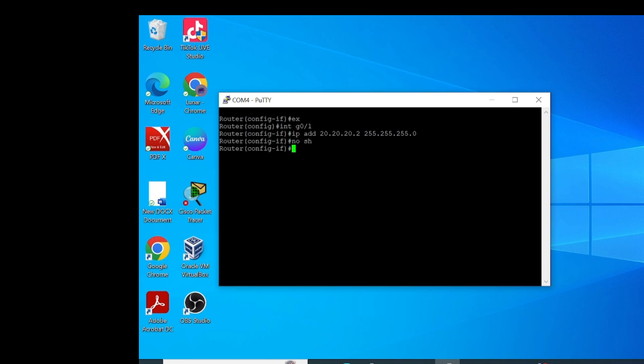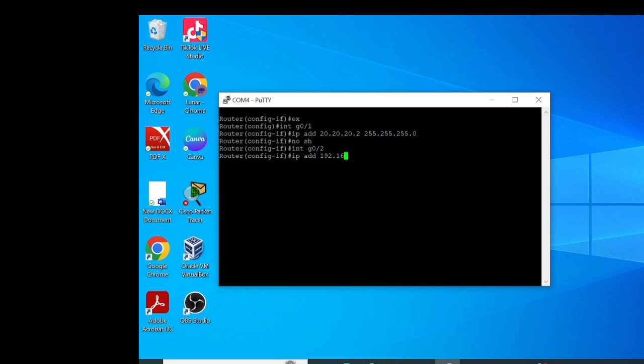Then enter the configuration as shown on the screen. Enter interface G, and this depends on what is indicated on the cable, like G0/2. And then enter the IP address for the laptop.